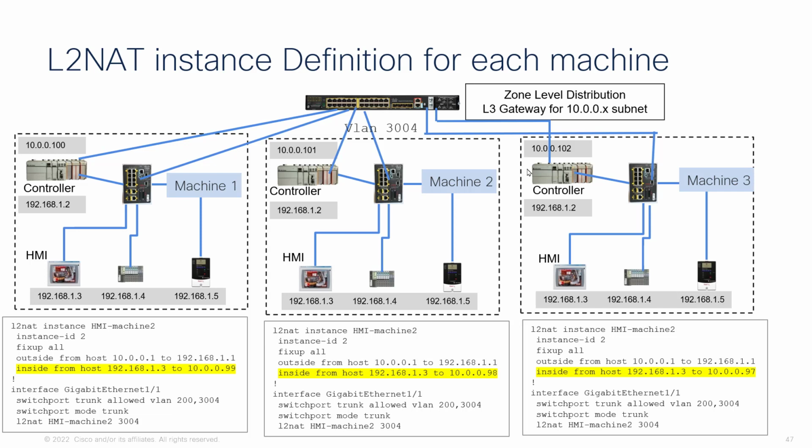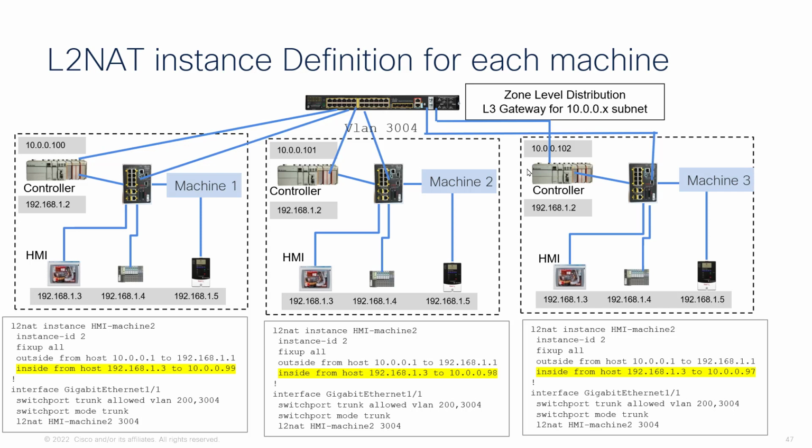Because there's a rule for the HMI machine, or your component for which you need public communication. If it issues an ARP for other components inside the machine, then you may need to use solution 1A. But again, you need to know your internal software of your machine, whether this is happening or not. If this is happening, you can either go to solution 1A, or, making this slightly more complex, now you